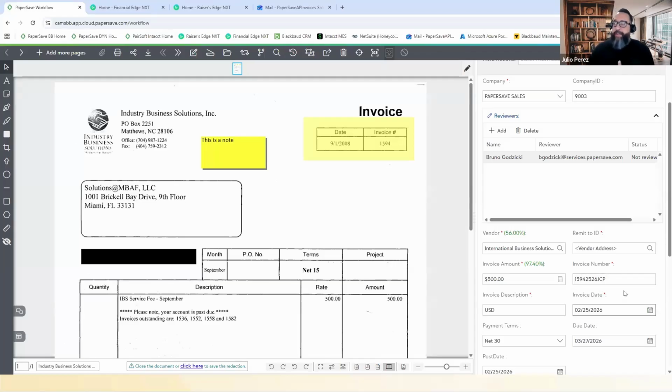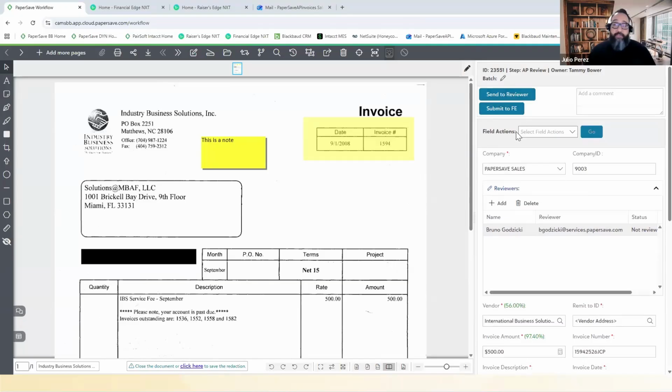Just note that I am an administrator, so I can do that, so I can move this invoice forward. In most cases, this would be grayed out for some users and they wouldn't be able to make changes. They would be able to address it by sending it to the AP processor or sending it to an administrator to double check to make sure that it is a duplicate, and they can handle that as